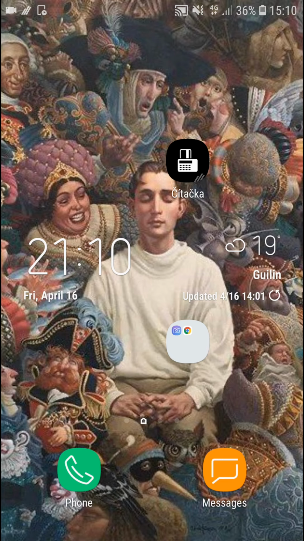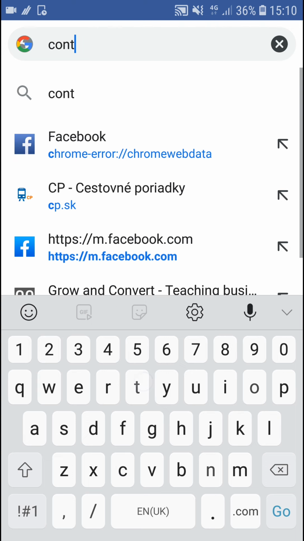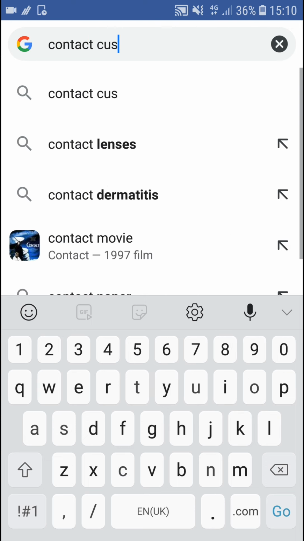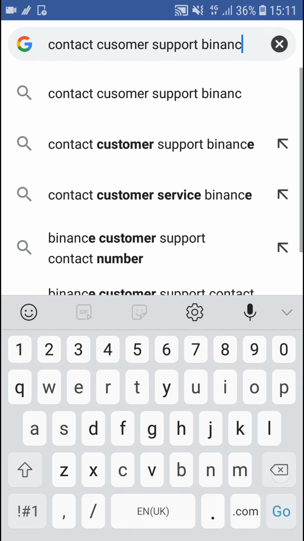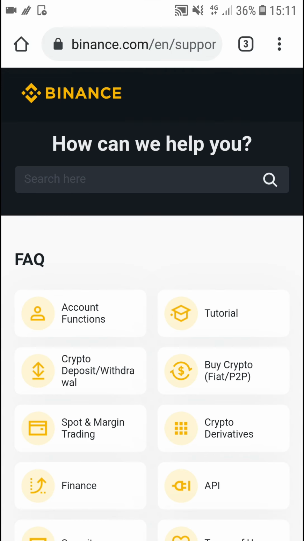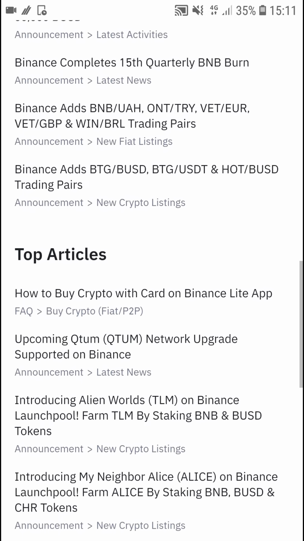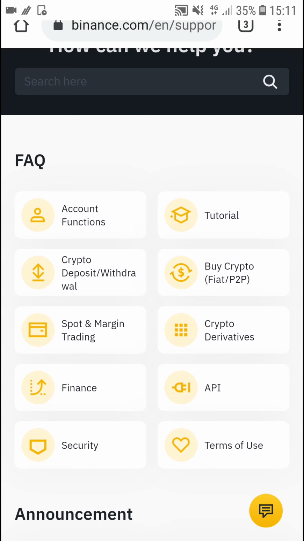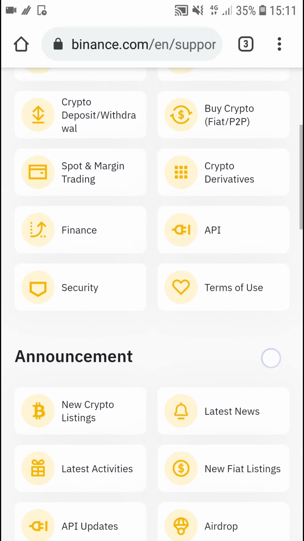And another way how we can do it, so when you go to Chrome and I just write here contact customer support Binance support FAQ, nothing. So this is the first way, or just click here on the bottom that showed the button